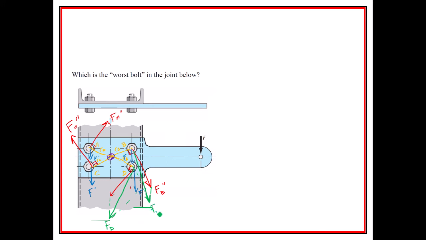FB, whoops, FB, and right in here, FC, and FA. So you get the idea, right? Where we would be able to, and by the way, because of some symmetry, I think FD and FB are going to be the same, and FC and FA end up being the same, just because of the way the